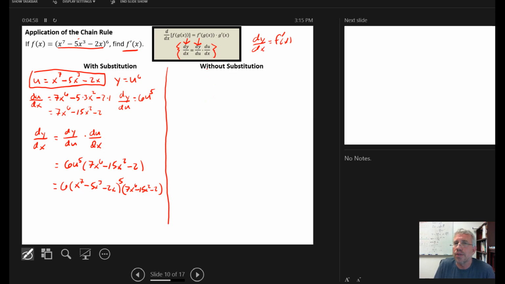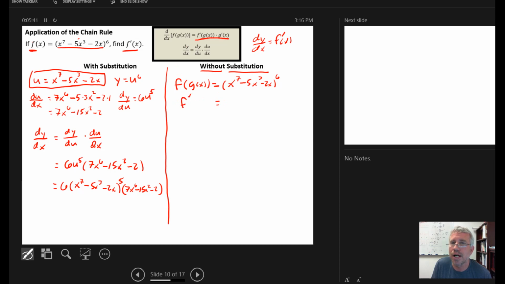I can find the derivative without doing a u substitution. And to do it without a u substitution, it's probably more useful to think of it this way. So if I start off with f of g of x, and I'm kind of being a little bit naughty. I'm using f here, and the f here isn't the same as this f, so it's a little bit naughty, but I'm going to do it anyway. So if we have this guy sitting right here, x to the 7th minus 5x cubed minus 2x to the 6th,